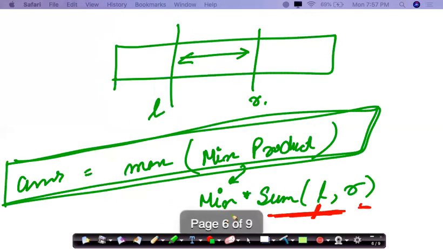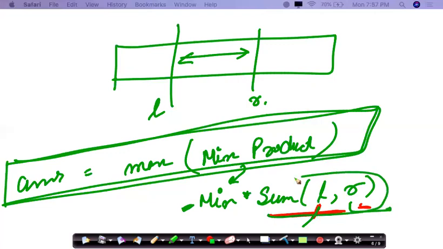And now we have found out everything. We have found out the minimum element among a subarray. We have found out the left bound. We have found out the right bound. We have found out the sum between the left and the right bound. And you just need to find out the maximum among all the min products possible by taking each element as the minimum element possible in this array. So now I hope you could code this problem on your own.